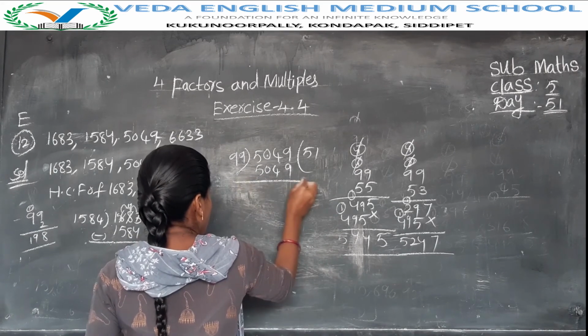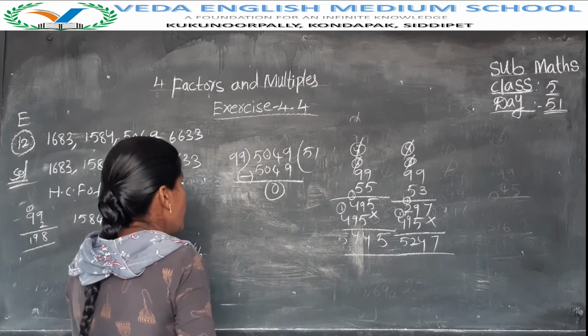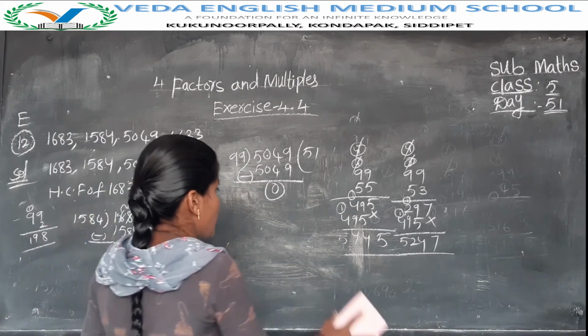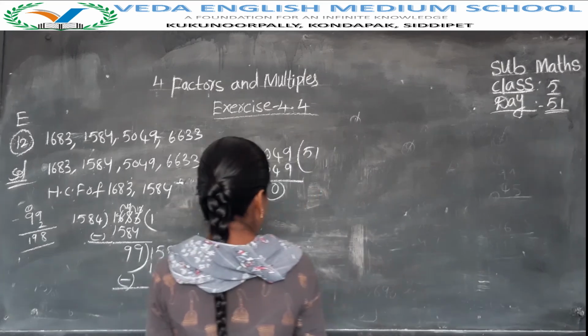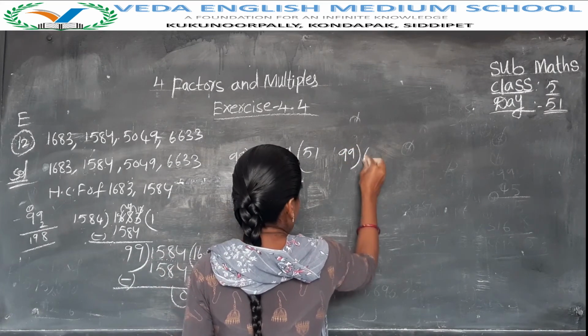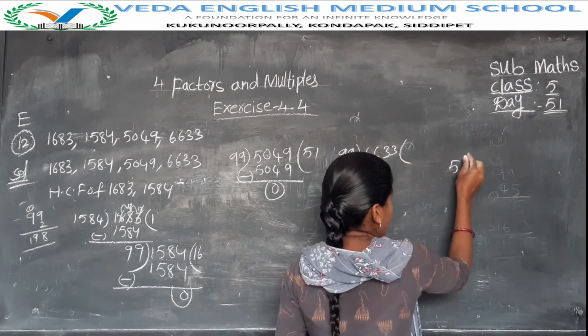So if you subtract, then you will get 5,049 minus 5,049 is 0. Then the HCF of these two numbers is 99. Then 99 with 6,000. 99 with the next number, 99. The HCF 99 with 6,633. Then 99